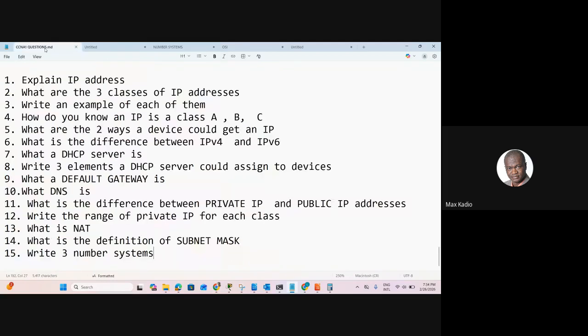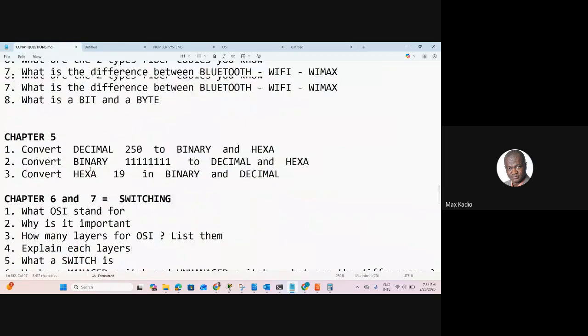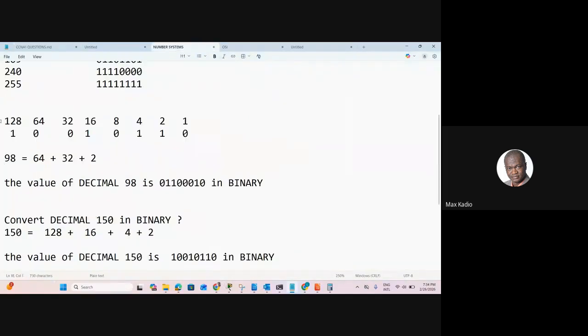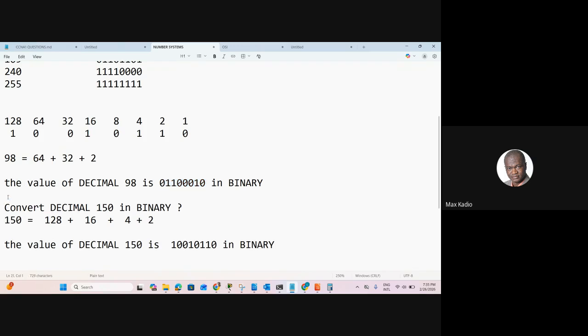Because here in your question for chapter 5 that I'll give you, I'm going to ask you to convert decimal to binary. Then yourself, you start your table. You start with 128. Then you put your value in your question. So this one is the combination of what? And after that, you identify and you put your answer. So these are 2 examples. And if you know them, then